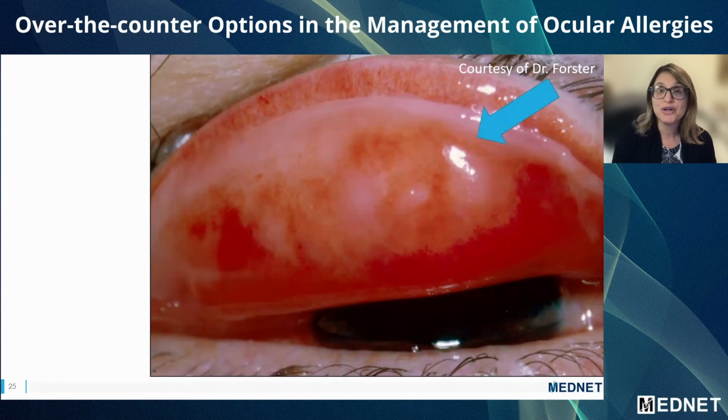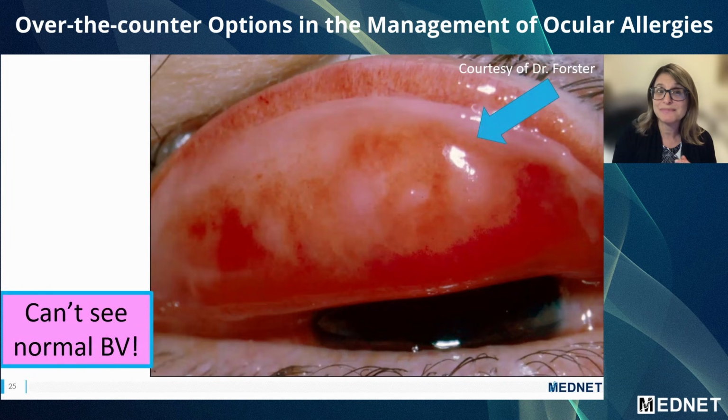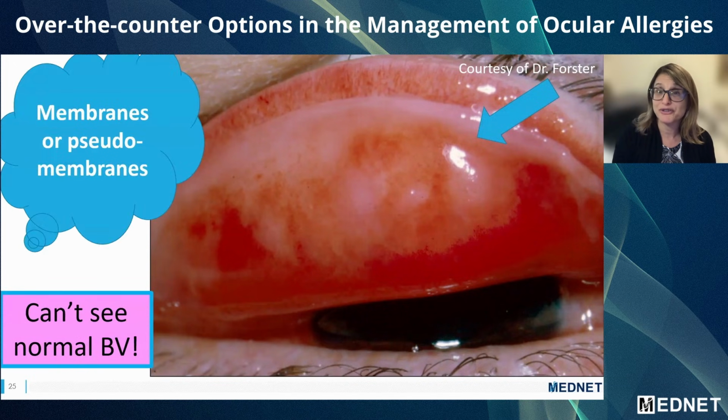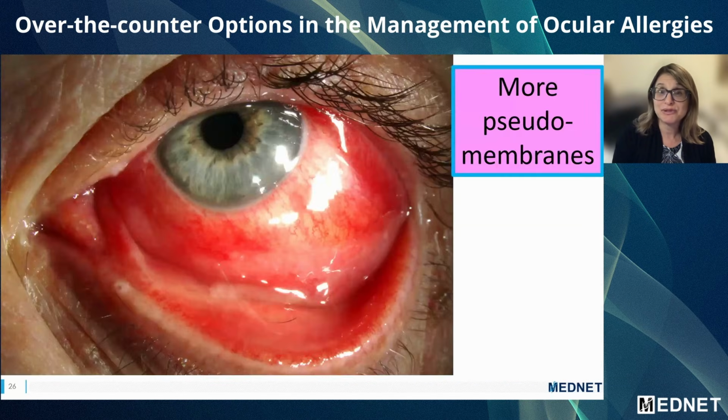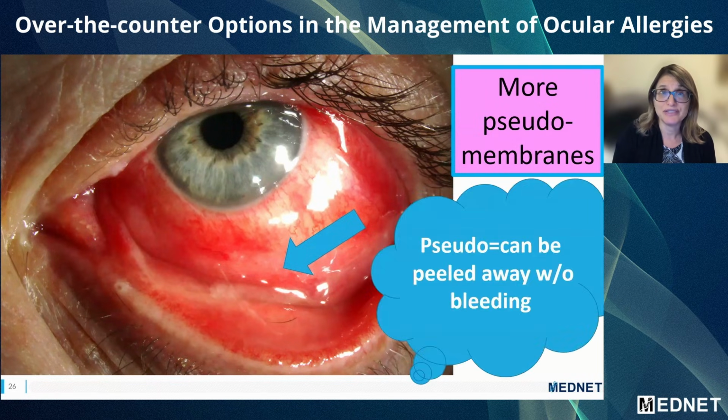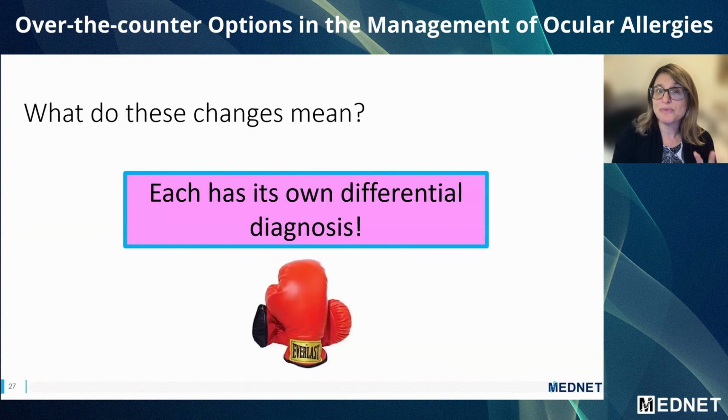Here's another example. We can't see the vessels, and that is because there is a membrane covering them. This is another example. And just for the terminology, a pseudomembrane means you can peel it away without bleeding. A membrane, when you peel it, it bleeds, but oftentimes it's a combination of the two. And the idea is it's so important to really spend time looking at the palpebral conjunctiva because each has its